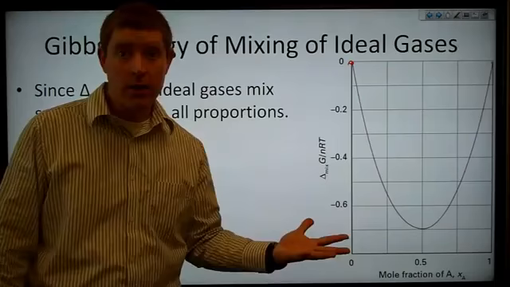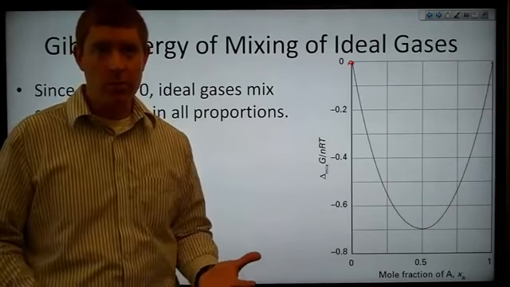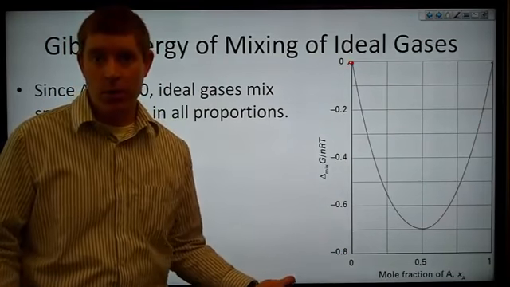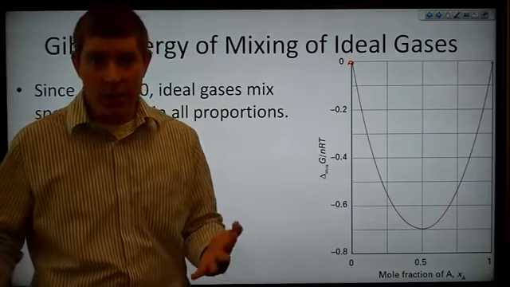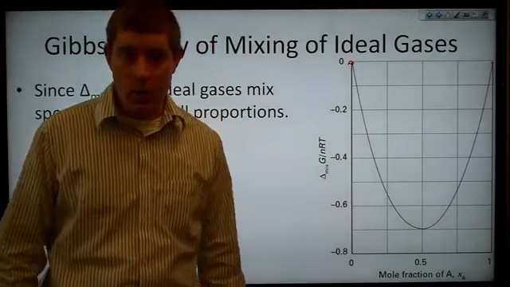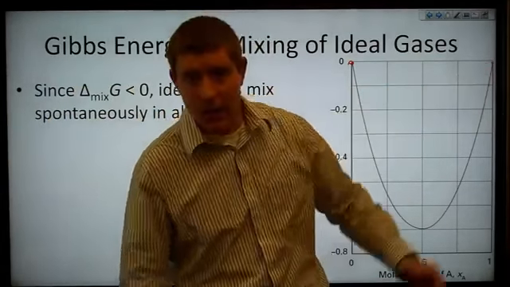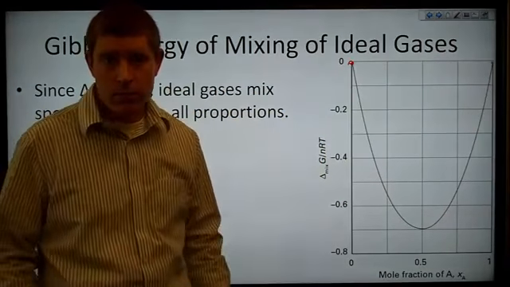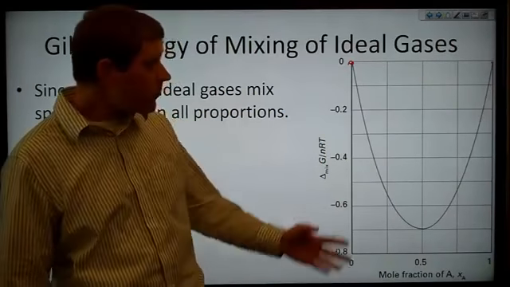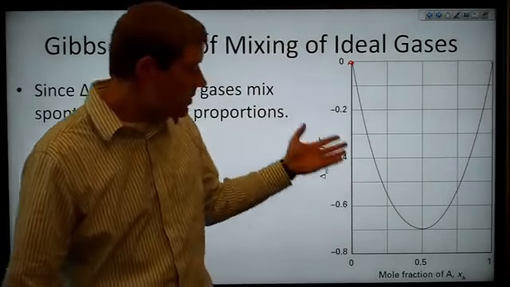So we have pure B. If we have pure B, then the Gibbs energy of mixing is 0, because we're not mixing anything. We're adding no moles of A to it, so it's still pure B. And likewise over here we have pure A. If we add 0 moles of B, we're not going to change the Gibbs energy. But anywhere in between, the Gibbs energy is negative,